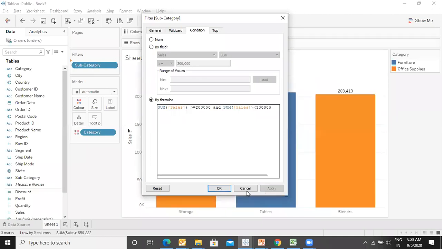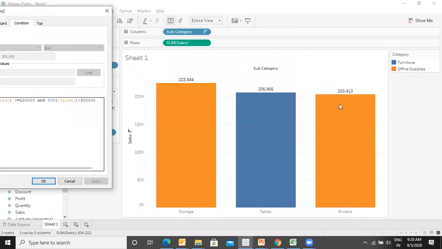Say apply and okay. So these are the ones, storage, tables and binders, where the revenue is between 200,000 and 300,000.